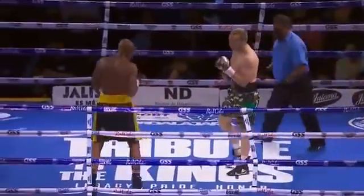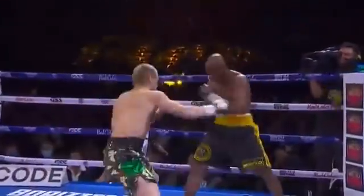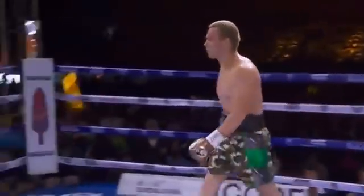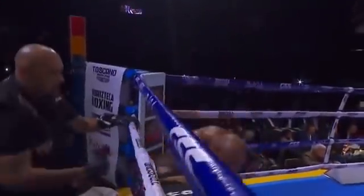Referee giving a little warning there. Break it up. Listen to my instructions. Silva blocks that big overhand, man. Silva looking pretty smooth so far, looking confident. Big smile at the end of the